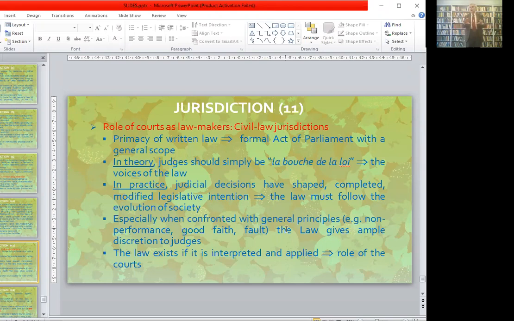society. So in practice, we have seen that even in countries such as France, which has always held until practically 10 years ago that very strong idea that Parliament is at the center of the legal system, and that the judges are, well, they have to somehow follow, that Parliament is the only source of the law, and that judges must somehow implement the law and follow what Parliament has told them. Well, we see that